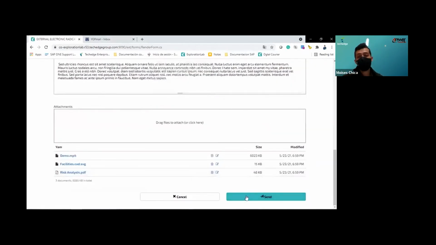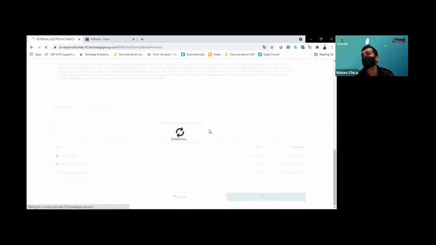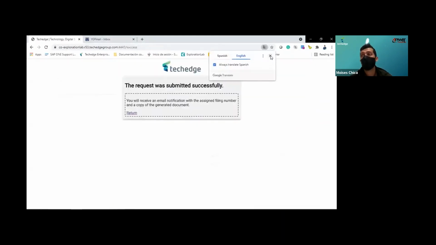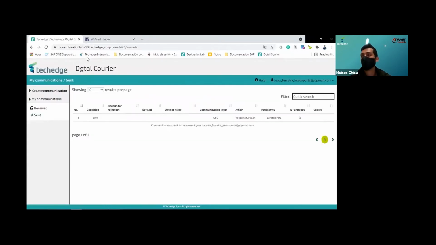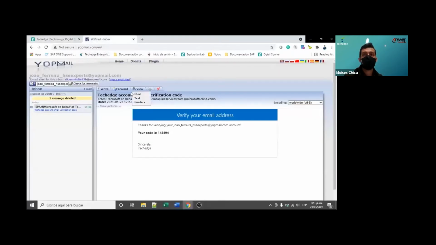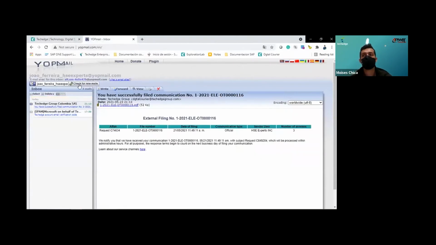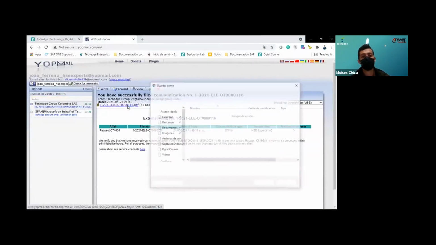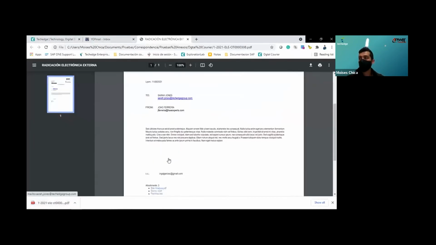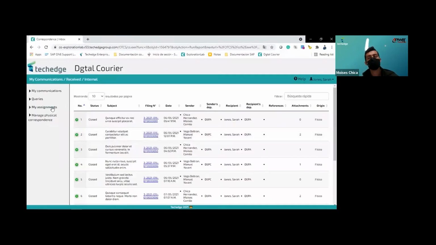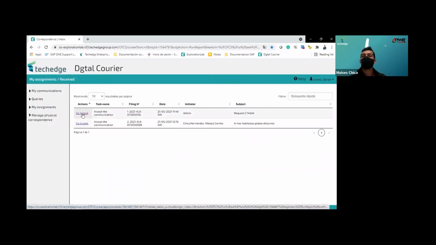The system validates through the connection using Model Suite to the connection with Content Server if the user exists, and will just send the communication to the user. Right now, it will just appear in the send session as well, and once it starts to flow in the system, the user will receive a PDF with the secure verification code, links to download the attachments as well.